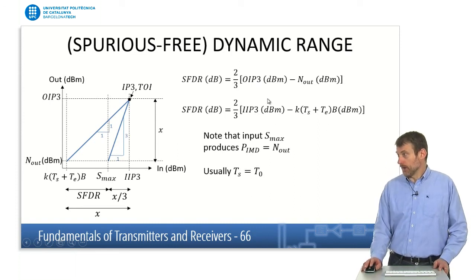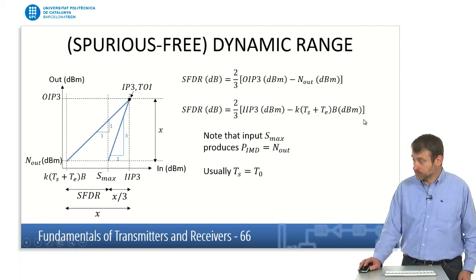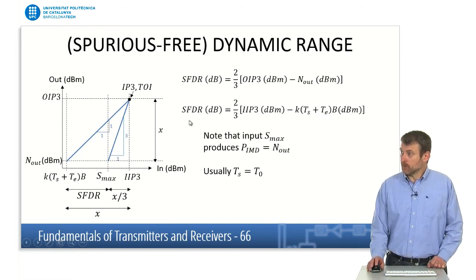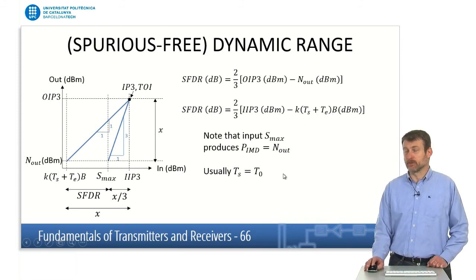And also again, we can refer this to the input, and it would be 2/3 of the intercept point referred to the input minus K TS plus TB in dBm. I have to point out that this spurious free dynamic range depends on the bandwidth of the signal,